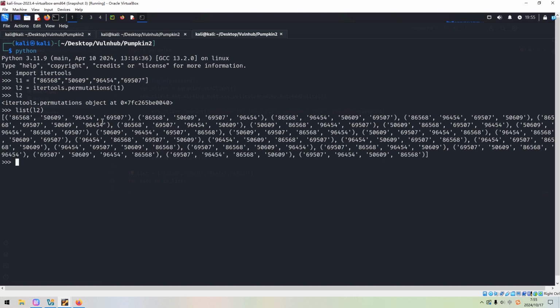And you can also use it this way. Oh, nothing here, we have already made it. So anyway, I think by this method we can get all possible combinations of this list. We do not need to manually combine the different elements of this list to generate the password.